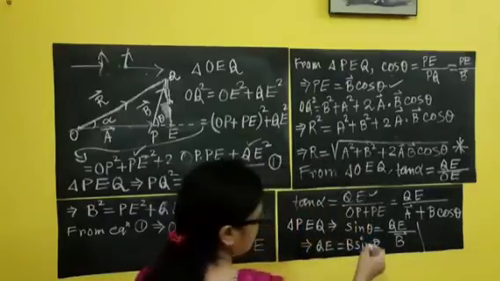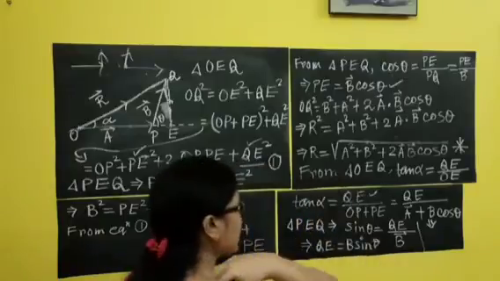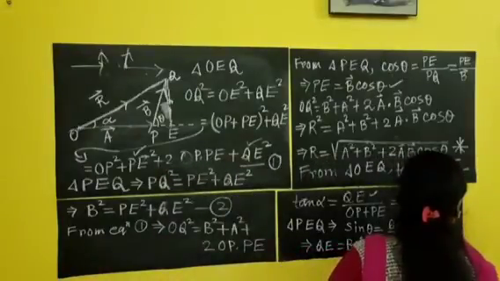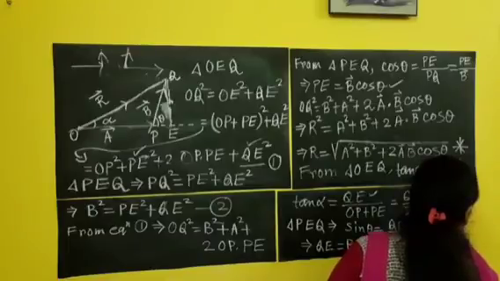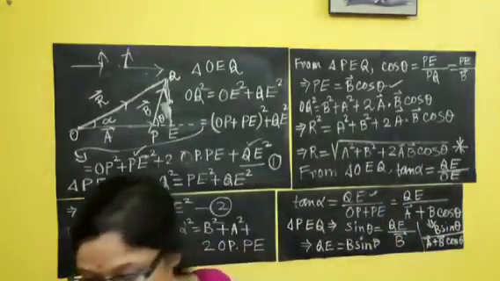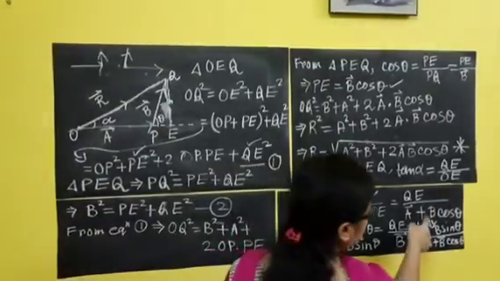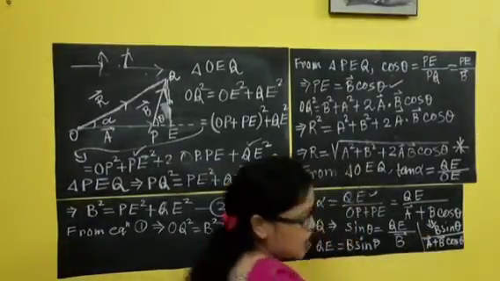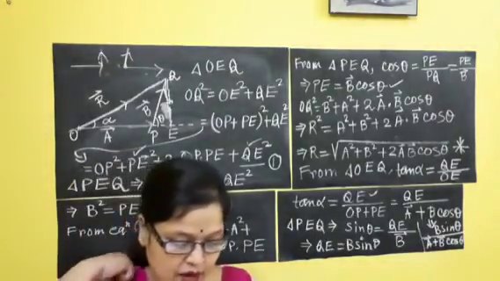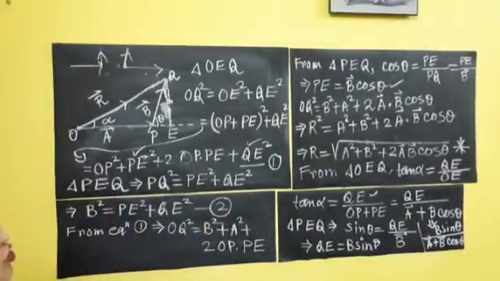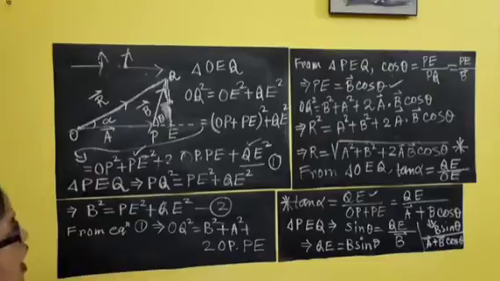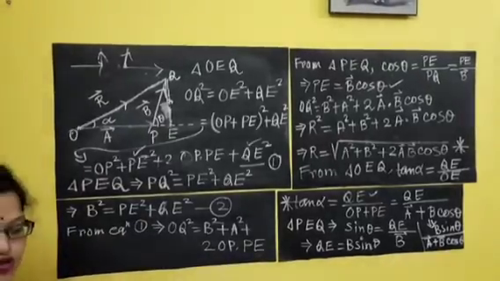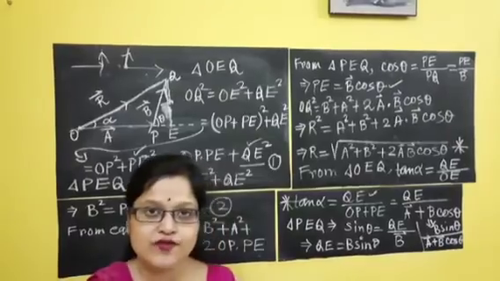Put it here in this section. So what will I get? That is B sin theta by vector A plus B cos theta. So tan alpha equals B sin theta by vector A plus B cos theta. You need to remember the expression for tan alpha, the expression for R, and the whole calculation. In my next video I will go for further description.